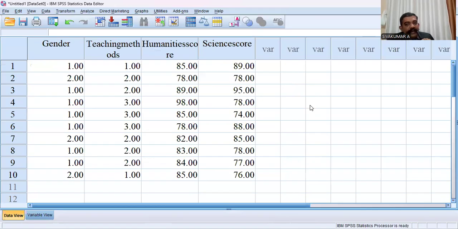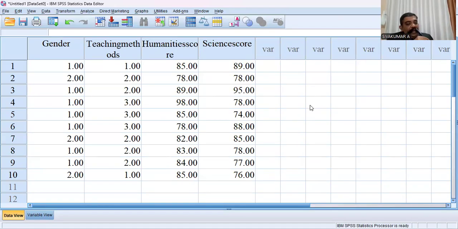I have already inserted the variable name in the variable menu. Then data menu, you can see the data. Then we may think about the null hypothesis and alternative hypothesis. What is the null hypothesis? If the word no is included, it is null hypothesis. If no word is omitted, then alternative hypothesis.